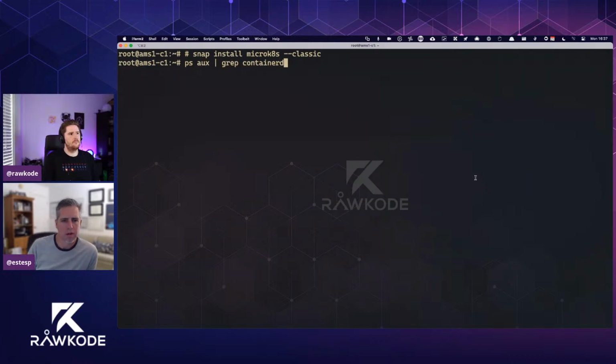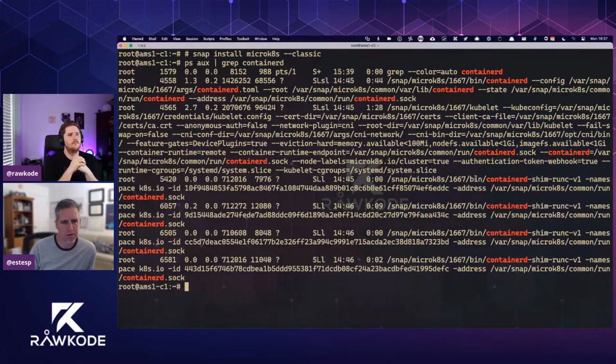So yeah, if we're lucky, this should show us, so we can see the path there is inside this snap of micro-k8s. It has its own var lib containerd, and that seems to be running. And yeah, we can actually see some shims because, again, this is a Kubernetes deployment. So there are actually some containers, as you know, if you start up Kubernetes, you have some kube-system pods that are already up and running.